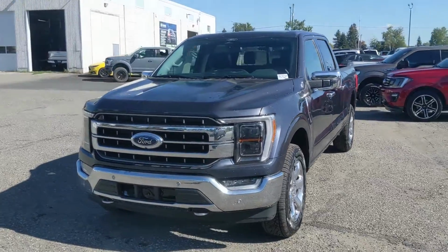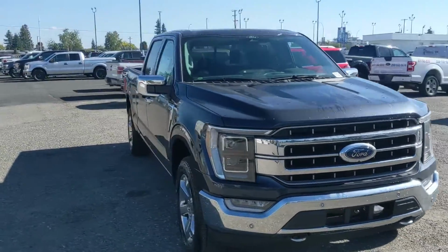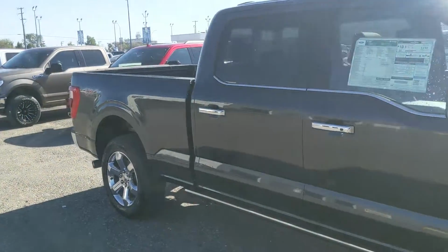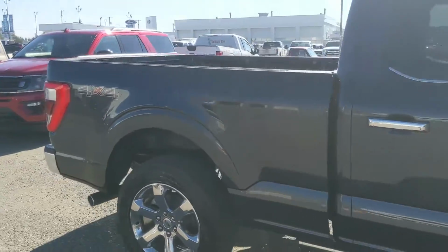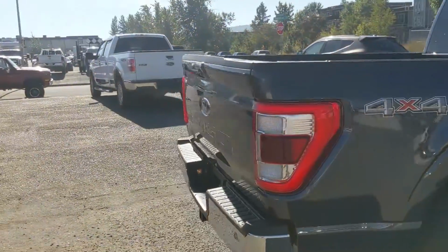Hello, this is Eric at Prince George Ford, and we're taking a look at the 2022 Ford F-150 in a Lariat trim and powered by a 5-liter V8 engine, providing you with plenty of power for towing, hauling, and 4x4ing. Coming with power deployable running boards down below so you can have an easier time getting in, but let's take